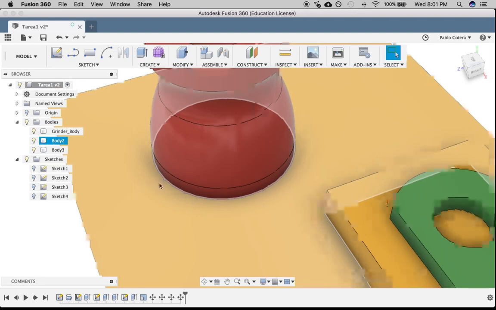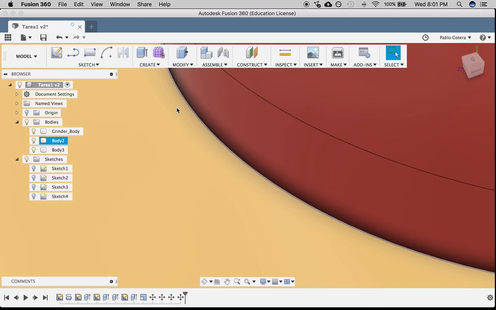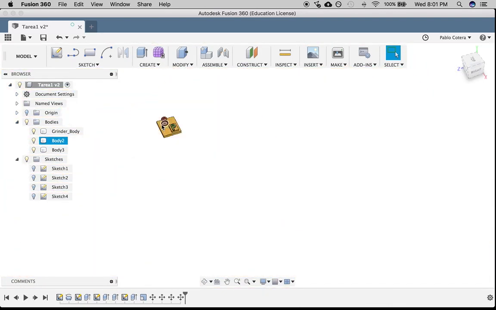As you can see now, I can barely see the distance between one and the other. However, it is there. We have some really small clearance between one and the other. Okay. Now,